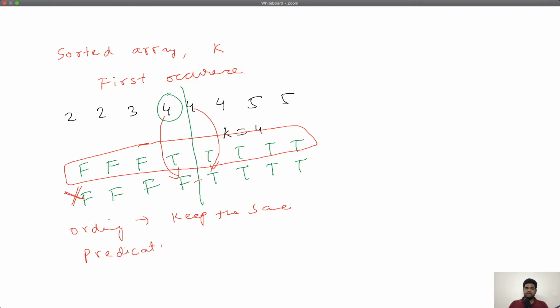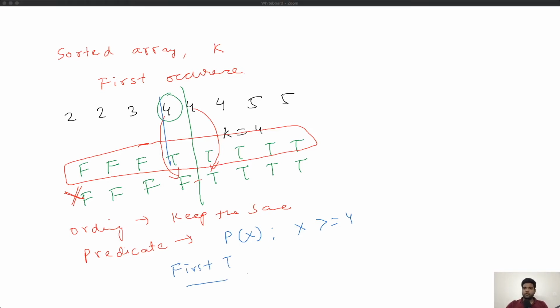Once you see this picture, you know that you want to make the sequence true beyond 4 and false before that. So you can simply say that P(x) is nothing but x greater than or equal to 4. It will be true for any number greater than or equal to 4. So from 4 going all the way to the end of the sequence, you will get t's, and before that you will get f's. So we were interested in the first t for this sequence, right?